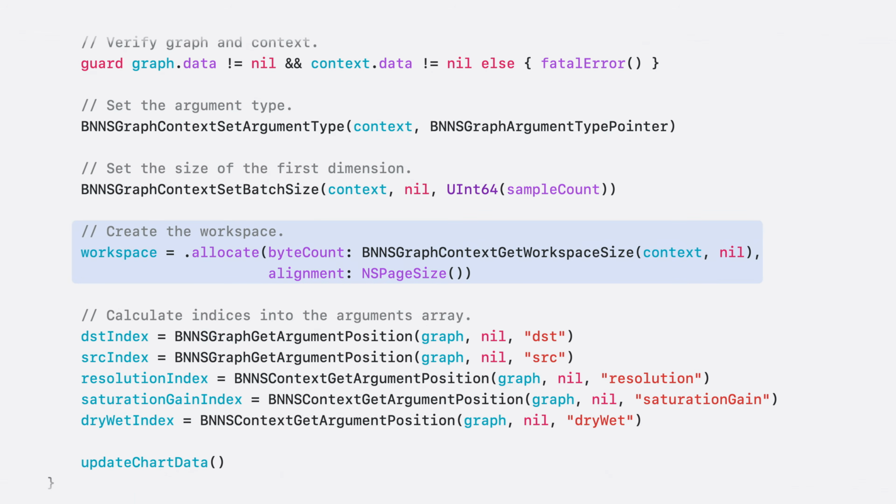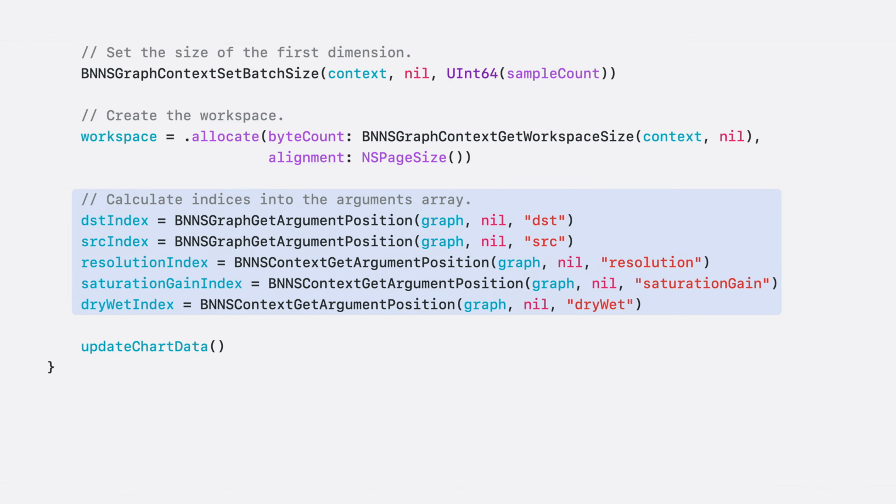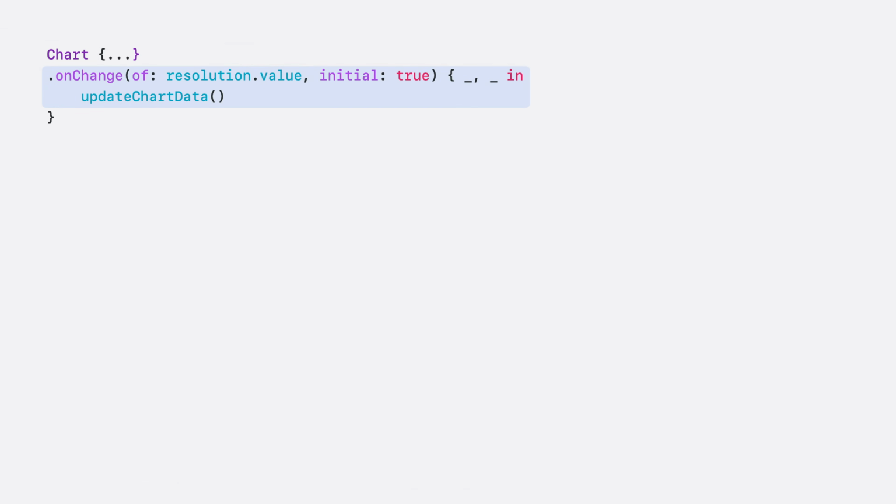And after the set batch size function returns, the get workspace size function returns the correct size for the sample count. I'll calculate the indices into the arguments array, and whenever the user changes the slider value, Swift calls the update chart data function that applies the bit crusher effect to the sine wave.